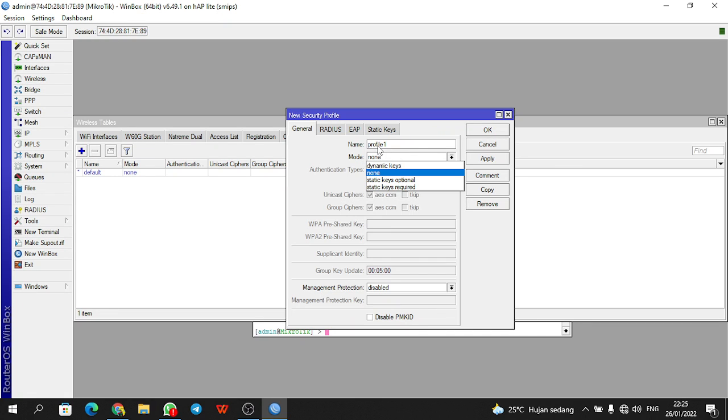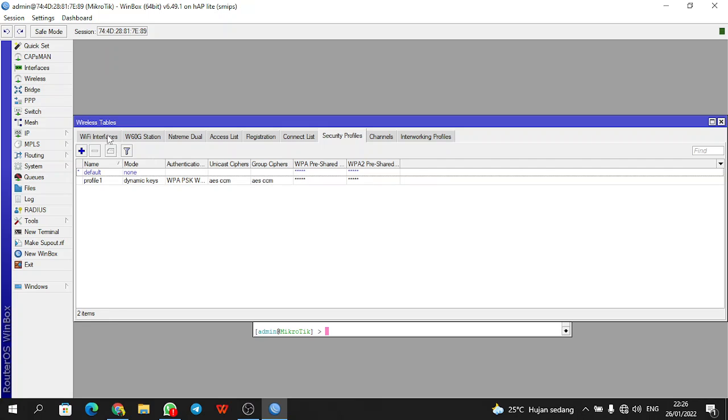The name can be anything, and the mode is dynamic keys. We select all, and we add the Wi-Fi password, for example. Okay, we can apply and okay.